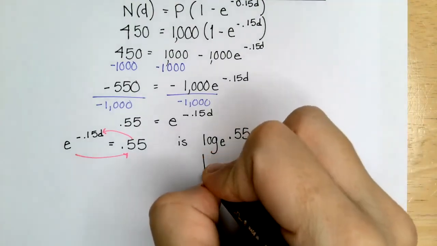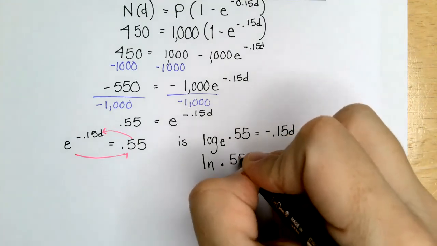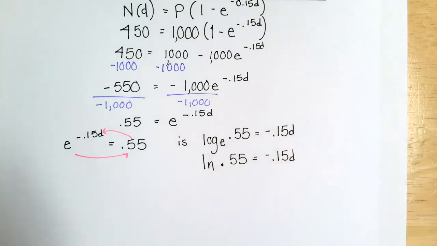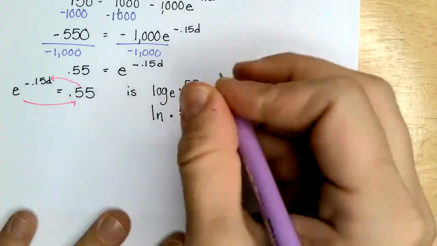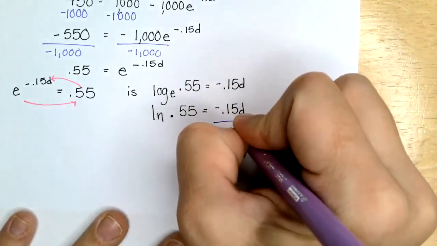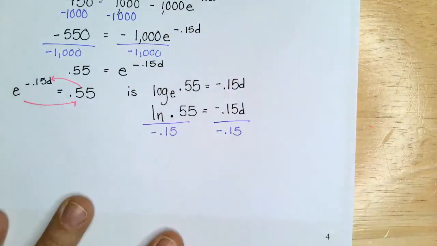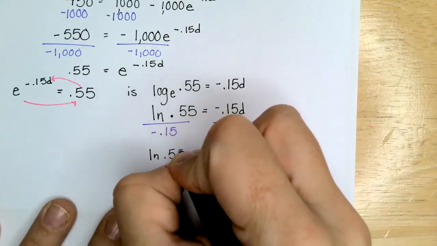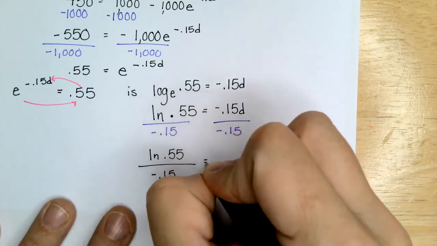Log base e becomes natural log. Natural log of 0.55 is negative 0.15d. Now I just keep going, solving for d. My last step would be to divide both sides by negative 0.15. And I get the natural log of 0.55 divided by negative 0.15 is